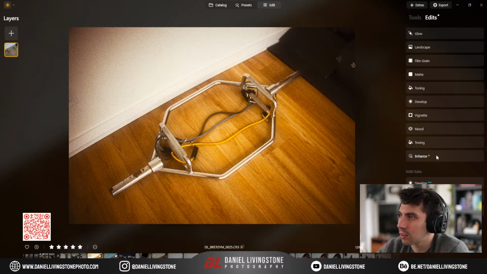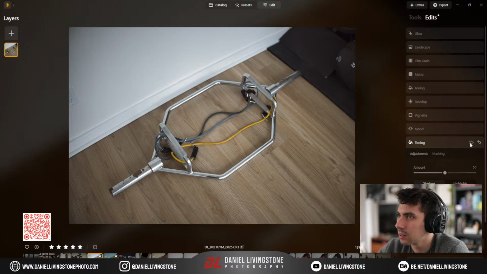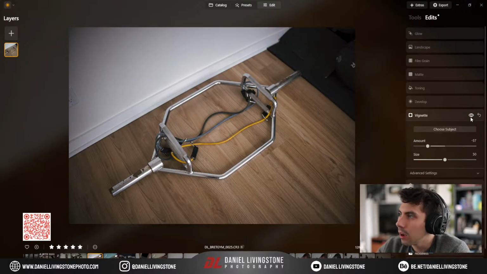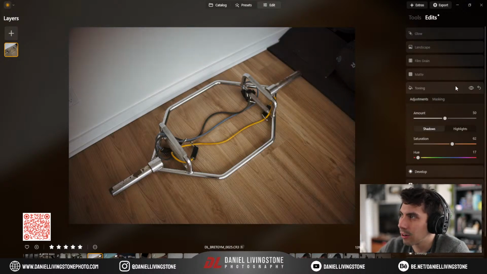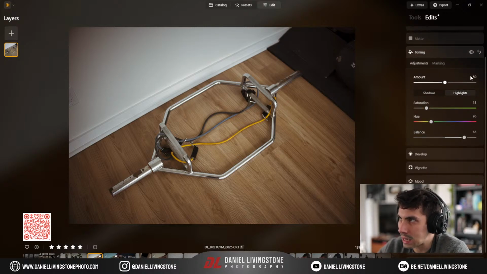I think the biggest thing that's carrying this, so you'll see a lot of the same like enhance, we did the toning, we did the mood, which I don't even know what LUT's on this, but it is adding a ton of purple. We threw some vignette on it, we got some post-processing developed, just some extra highlight recovery, more toning on top of that, and this one is interesting because it adds orange to the shadows and a little bit of green to the highlights,